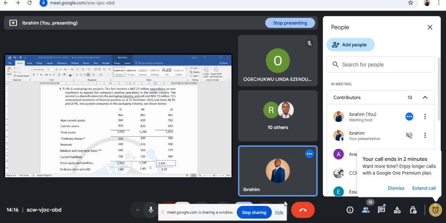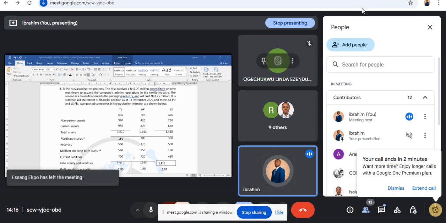So once we are done with this part, we will move to portfolio theory. We'll move to